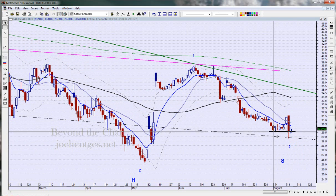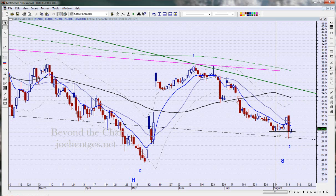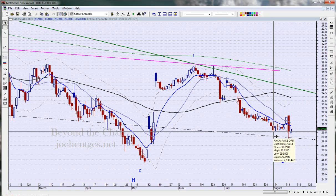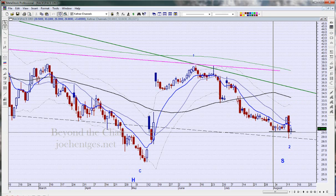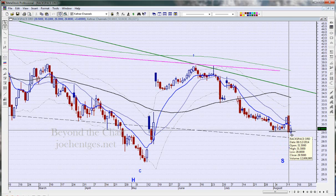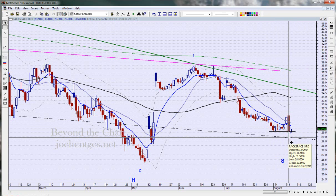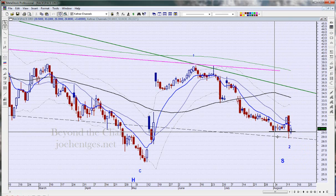Now, this looks like what Linda Raschke calls, and she called this in her 1995, 1996 book, Short-Term Trading. I can't remember the exact name of it. But turtle soup plus 1. Okay. So the turtles and turtle soups like to play breakouts of 20-day highs, lows. Well, this was a 20-day low, and it was over 4 days from this move. It needs to be at least 4 bars away, and we got a close down below it. And then the very next day, we now get a close back above that low point here,